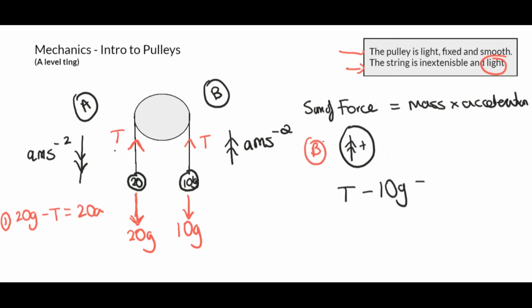That's done. Equals the mass. We know what the mass is. It's 10 kg. So I'm going to put 10 kg times the acceleration. Now the acceleration we obviously don't know. So I'm just going to put a, yeah? So we know the equation is T minus 10G equals 10a. Alright, cool. Now, once you get here, it's a little simultaneous equation thing. So all we do is solve them simultaneously. We can find a and we can find T. So let's go through that together, yeah?